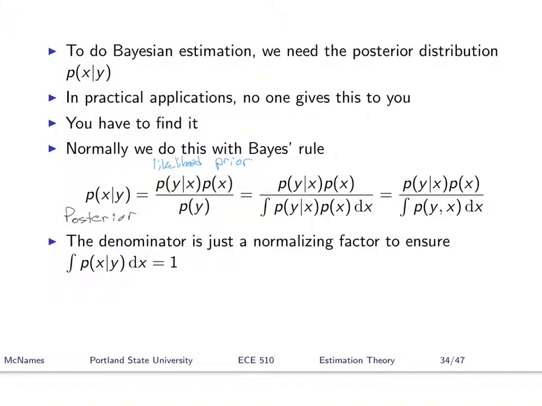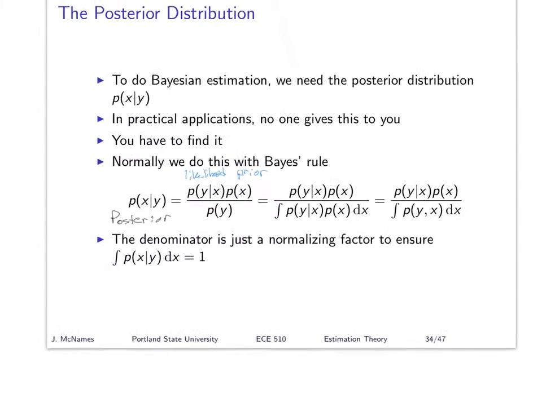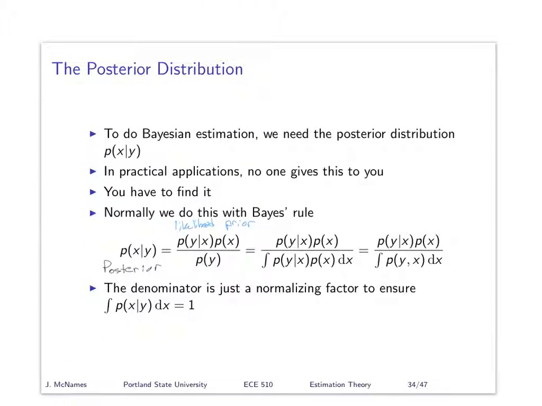And what's coming, when we talk about the state space models, is that the likelihood is something that you can usually get pretty easily from the measurement model, and the prior is something that you can usually get pretty easily from the process model. So those two equations that define state space models are what will give us those two probabilities that we need in the framework that we're headed towards. I hope you guys don't mind that I'm mentioning what's coming. I'm kind of not foreshadowing, but talking about things we haven't quite gotten to yet. I hope you're not losing track of the simple example we're trying to work through.